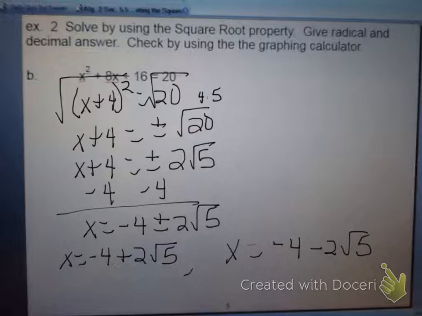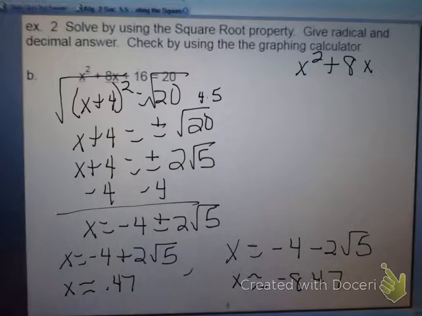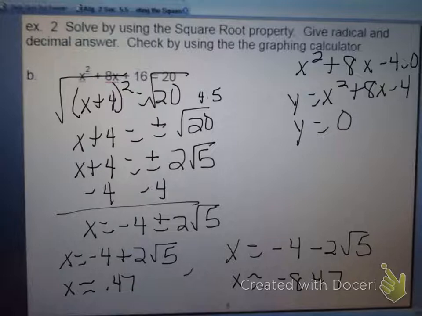Now use the calculator and get a decimal answer. You can then also put this in your graphing calculator. First you'd have to put it equal to 0. So that would be x squared plus 8x, subtract 20 on both sides, so you get negative 4 is equal to 0. And replace the 0 with y equals x squared plus 8x minus 4. And then the second equation is y equals 0. Put these two in, hit second function, trace, intersect, and then use your right and left arrow until the cursor is